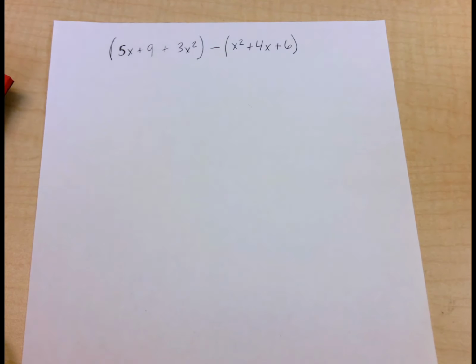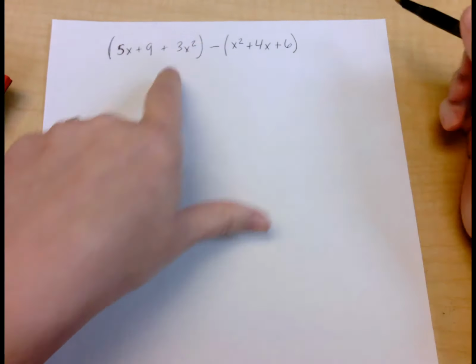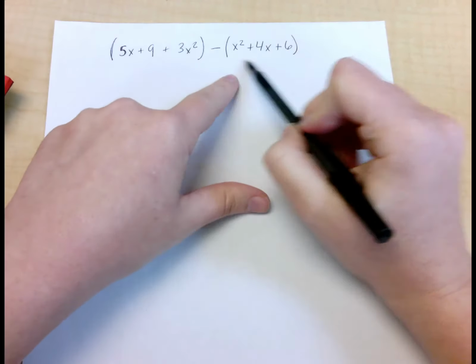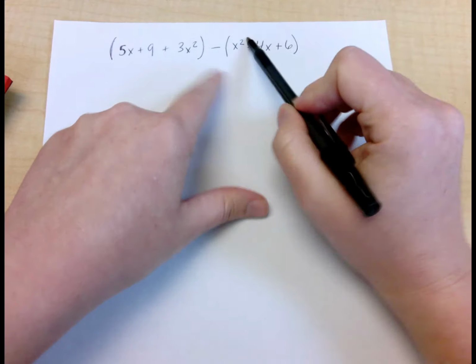Okay, so in the last video, I showed you how to combine like terms by adding them. So now I'm going to show you an example of what it looks like to subtract those like terms. All right, so what's important to note here is that we are subtracting this entire expression from